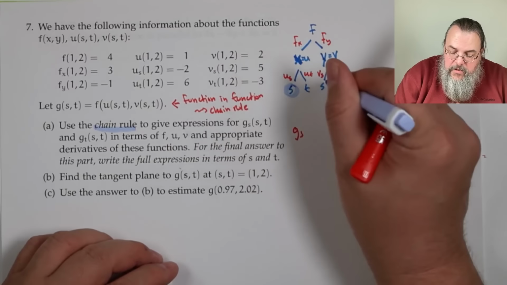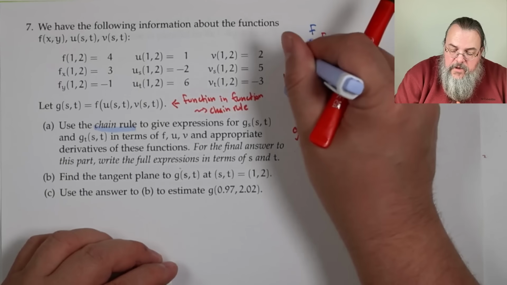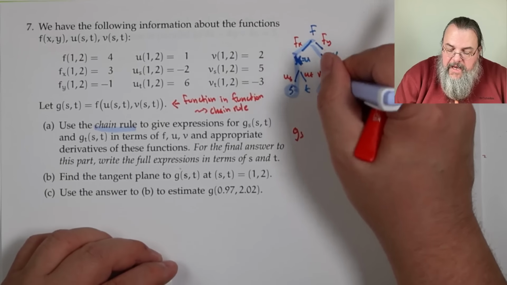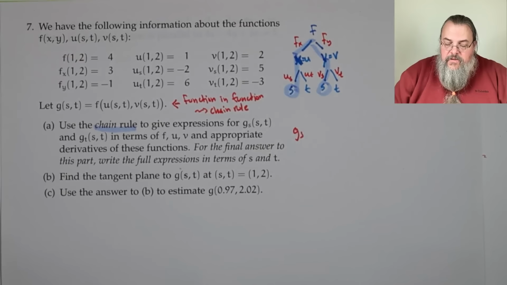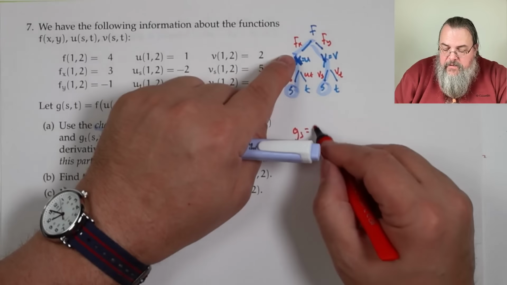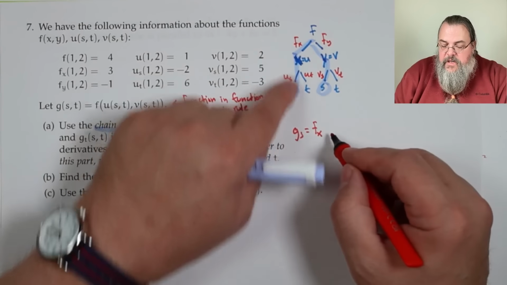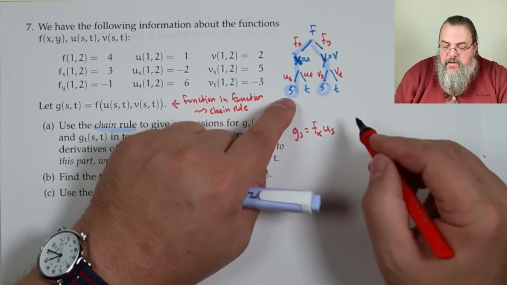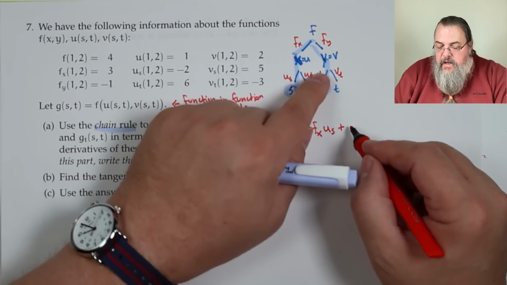I see 2 of them. So I have to go through 2 paths to get to the s's. So g_s is f_x, how does the function change with respect to its first entry, u_s, plus f_y,